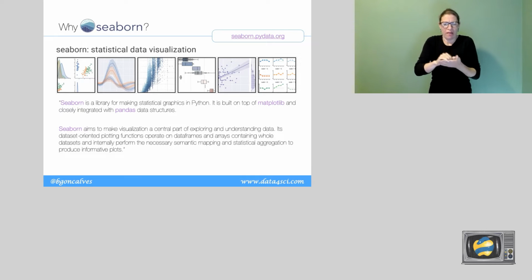Why Seaborn? This is of course a question we should be asking, and the answer is very simple. Seaborn is a high-quality, open source Python package. It was designed from the ground up to be a statistical visualization package. And what that means is that it is optimized to allow us to easily manipulate and slice our data in